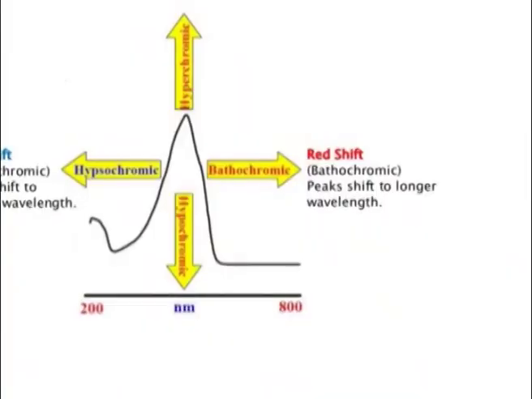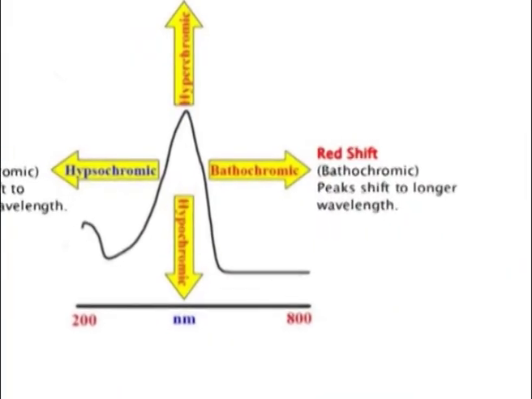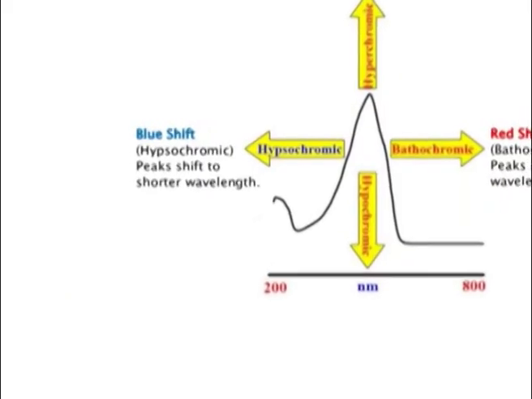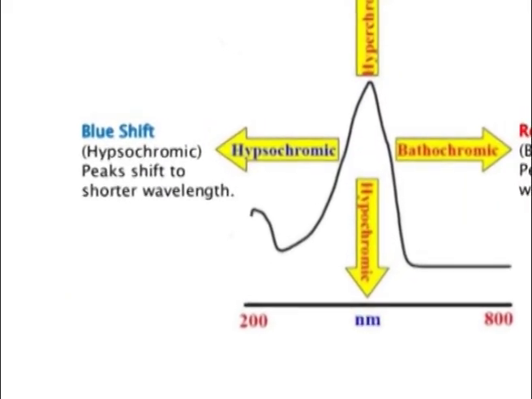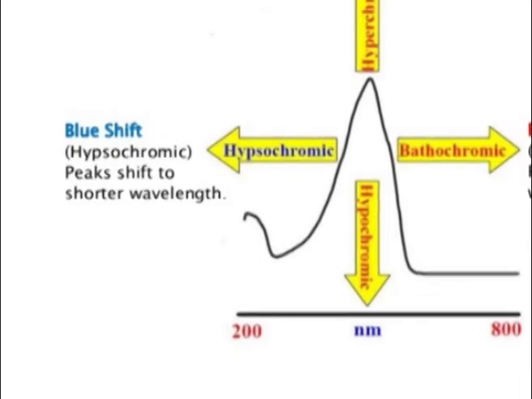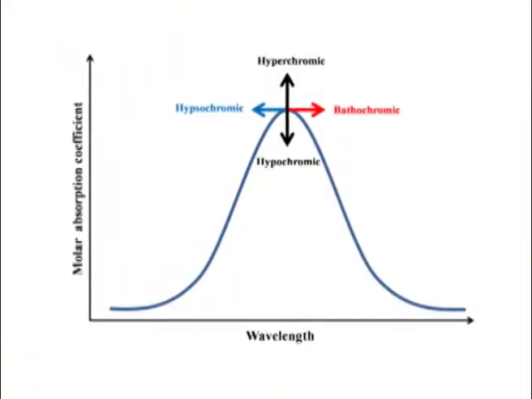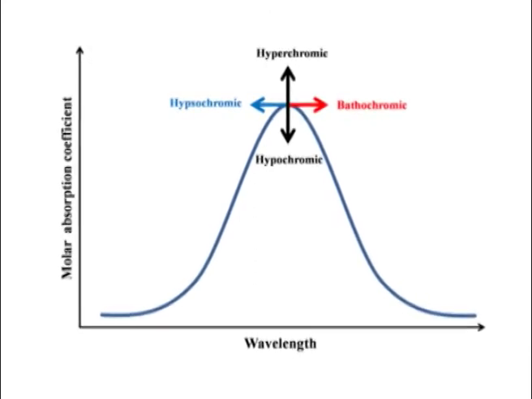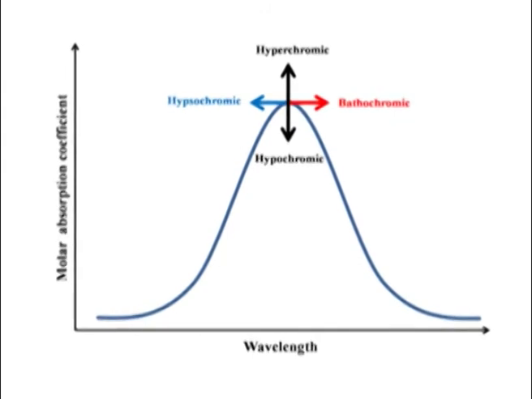Spectroscopists use the following terms when describing shifts in absorption. First is bathochromic shift, also known as redshift. It refers to the displacement of the absorption maxima to a longer wavelength. Hypsochromic shift or blue shift refers to the displacement of the absorption maxima to shorter wavelength. Hyperchromic shift: to greater absorbance, increase in the intensity of light. Hypochromic shift: to lesser absorbance, that is decrease in the intensity.